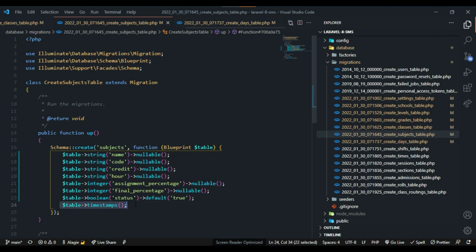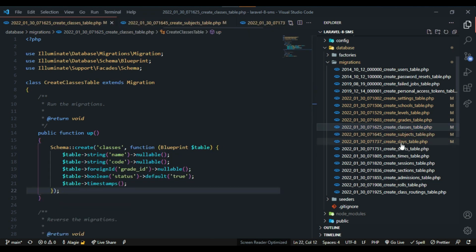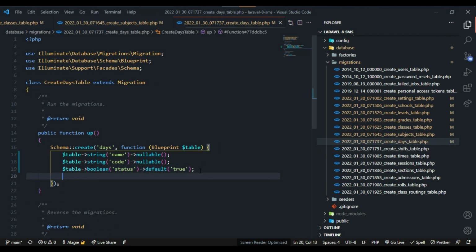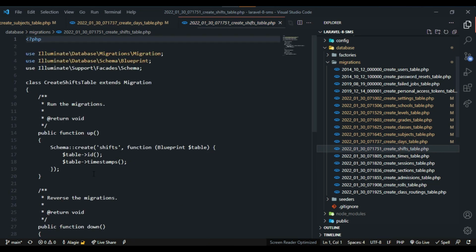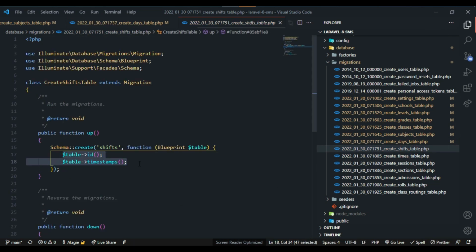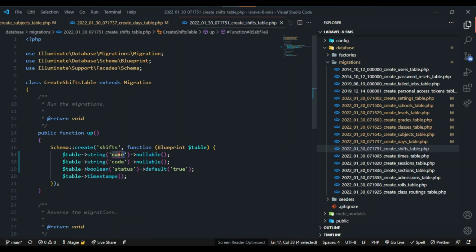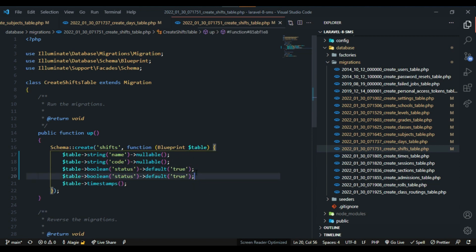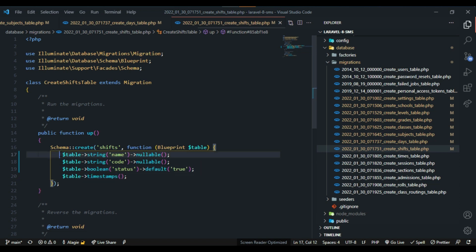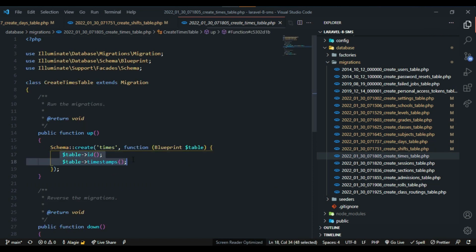I think the day, yeah, okay. Bring this inside here. Let's copy all. Come to the shift here, grab all these things, put this one, shift name, shift code, and shift status. Okay, and the next one will be, let's just leave it like that. It's okay. So come here inside the times and grab this time, grab all, paste this one here, name of